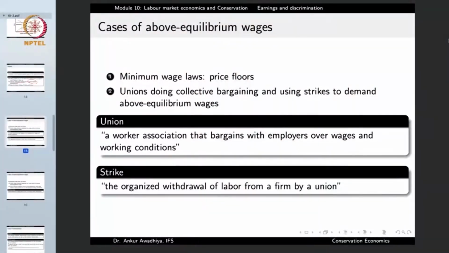Now, this is very similar to the case of the minimum wages that are put in place by the government. Even in this case, the wages that are demanded are above the natural equilibrium of the market, and we might also observe that in a number of cases, because of these strikes or because of the inability of the firm owners to pay this high a wage, they may just close the industry. So there will be a huge amount of unemployment. But this is also another case that is modulating the results of the neoclassical theory.